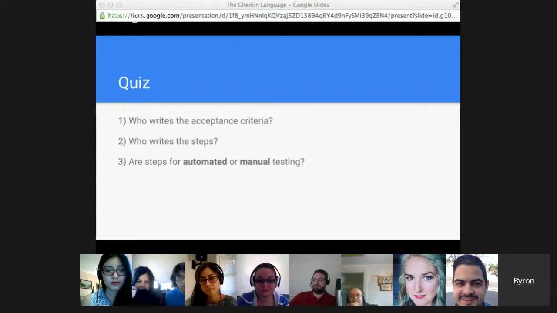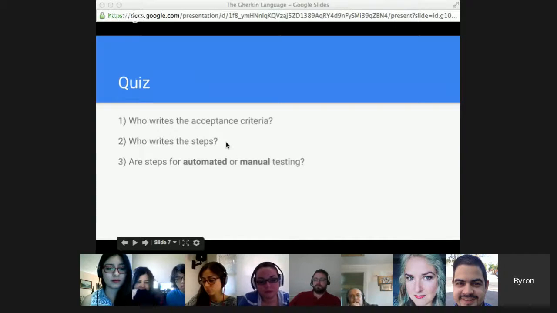The steps in this case, unless our BA is just very well versed in coding, I would say the most common person to write the steps would be a QA tester who's been trained in some lightweight coding, or a developer.